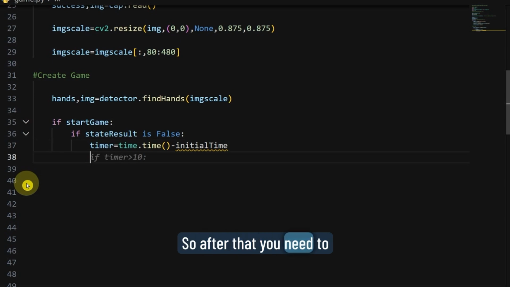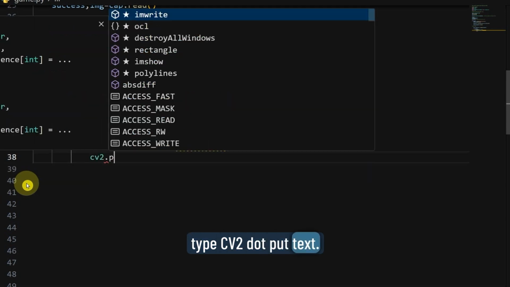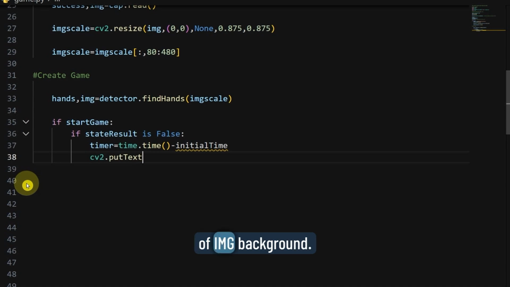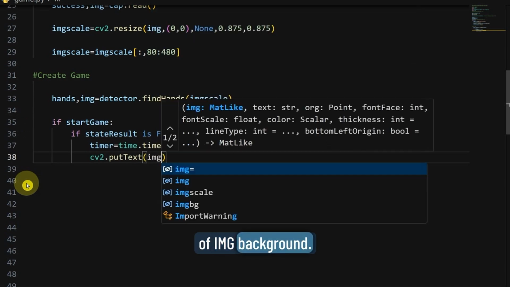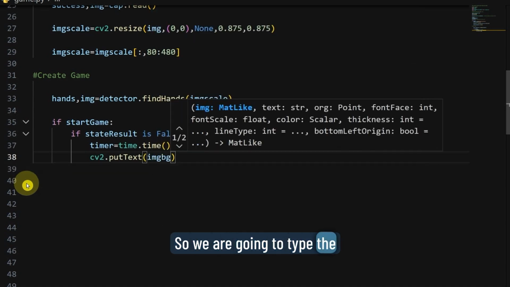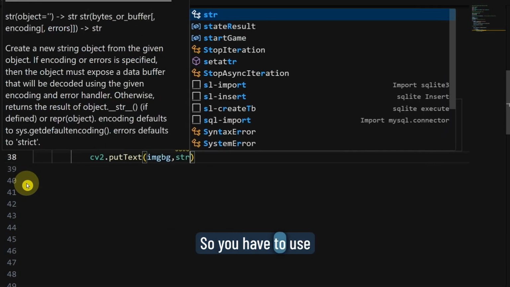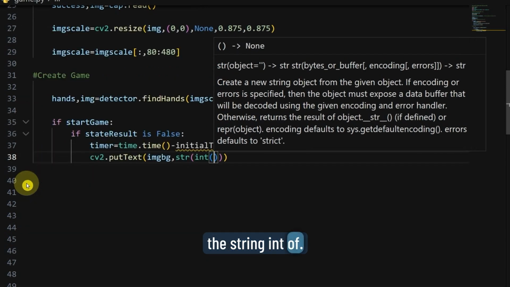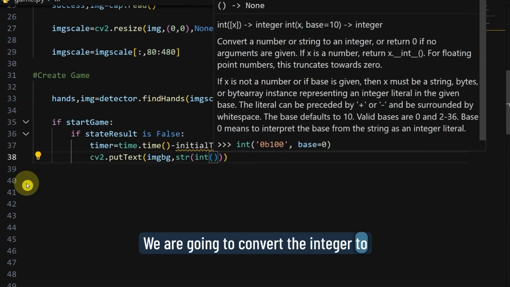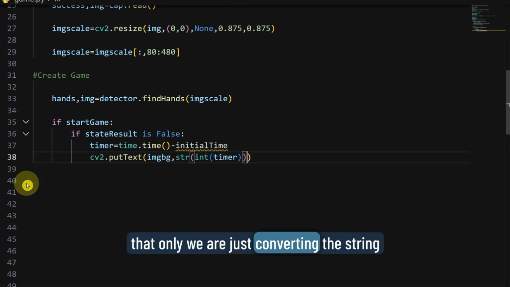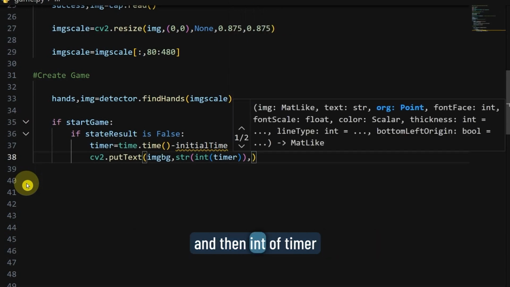So after that, you need to type the text for showing the time in our background image. For that, you have to type cv2 dot put text. For writing the text, you need to type put text of img background. So we are going to type the time text in our background image. You have to use the string int of, we are converting the integer to string because the time is an integer. And then int of timer, comma